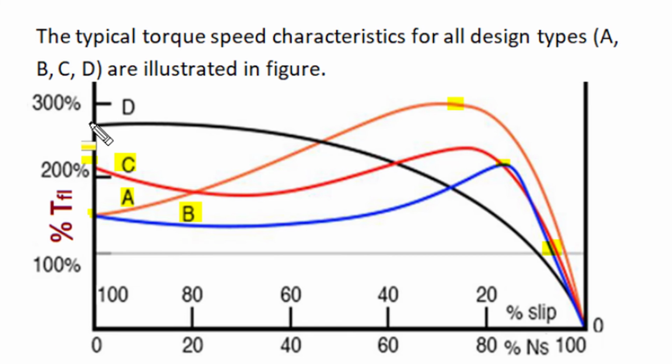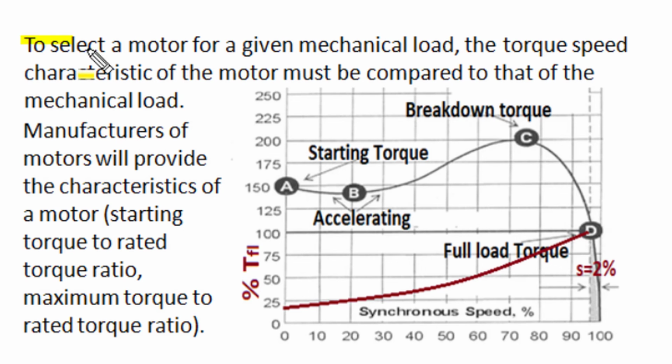Now NEMA design D got a high amount of resistance, so it produces very good starting torque. Small amount of leakage reactance also ensures a high amount of maximum torque, so it can be used for heavy duty starting applications. To select a particular motor design for a given mechanical load, the torque speed characteristic of motor and that of load are compared, and a proper matching is made to select a proper design motor for a